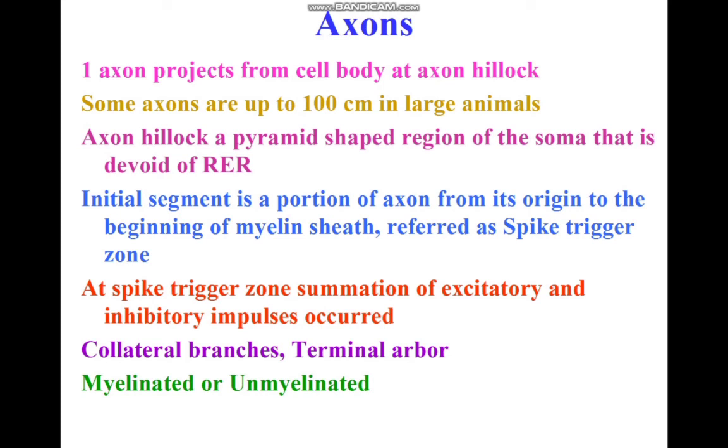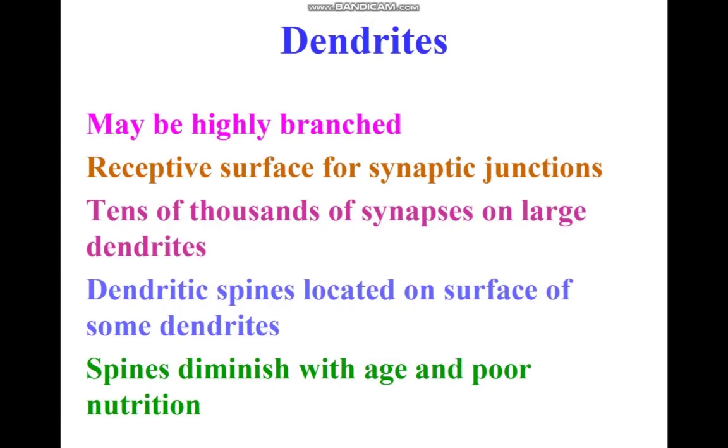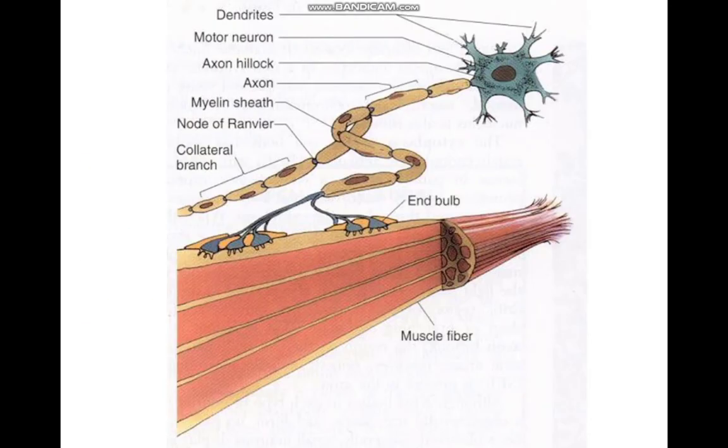Then there are collateral branches. The axons may be myelinated or unmyelinated. Here I would like to tell you these are the myelinated segments. This is the node of Ranvier. The area between the two nodes is called the internode. This is the initial segment, starting from the axon hillock up to the first segment which is myelinated. This bare area is called the initial segment. Then these are the myelinated segments, and the nodes of Ranvier are actually the